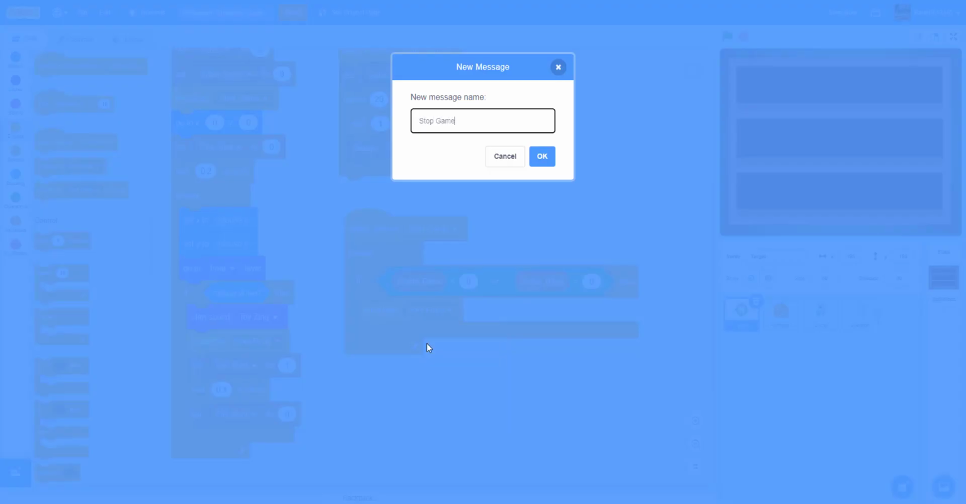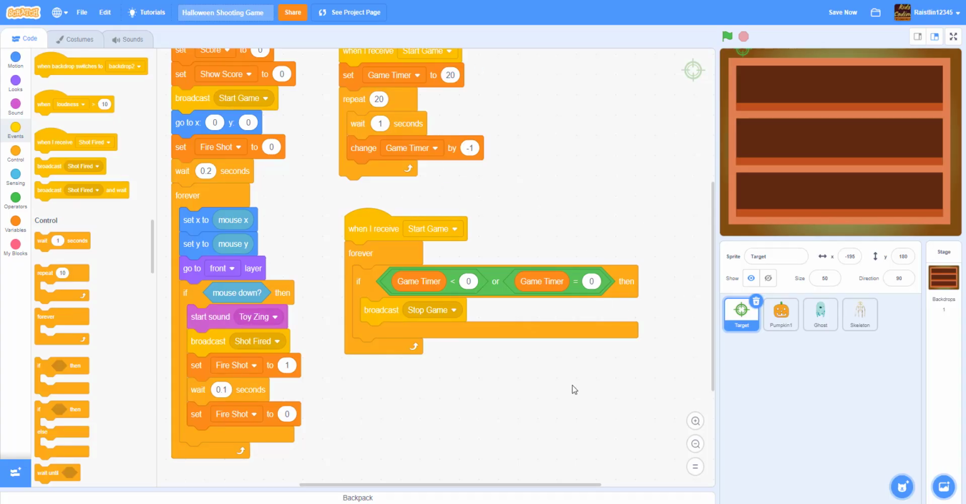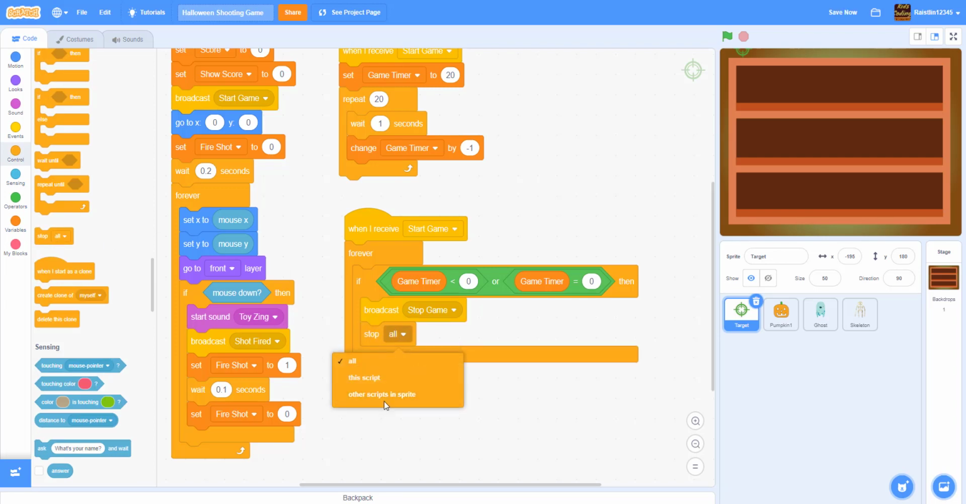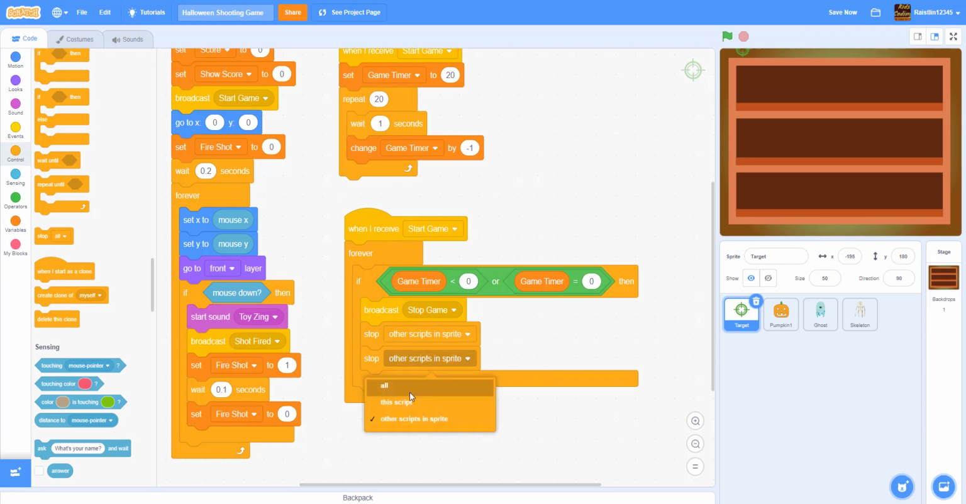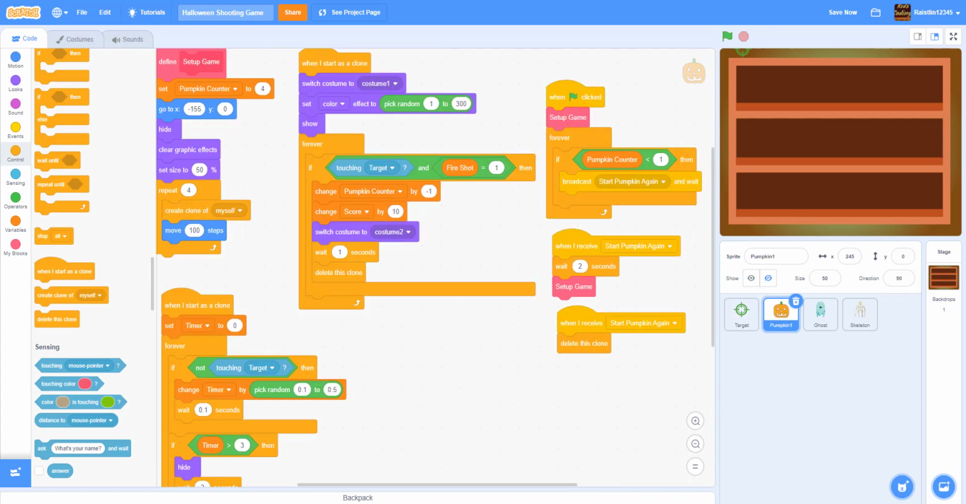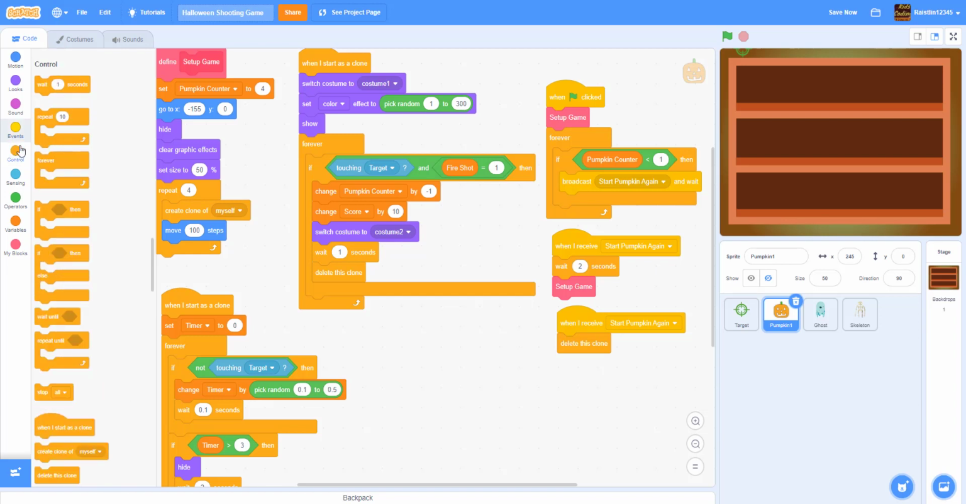Stop game is basically when you finish. When there's no more time, you're going to stop the game. So we're going to have to do stop other scripts in the sprite, and we're going to get a stop this script. Okay. And since this is all done, let's go into the pumpkin. We have the stop game. So inside here, when I receive stop game,